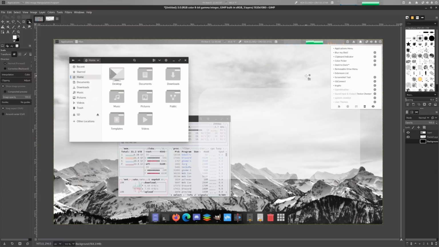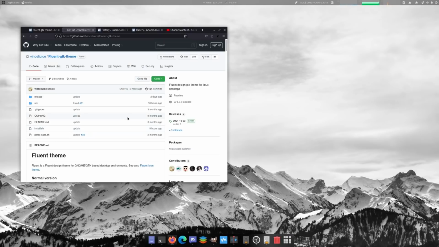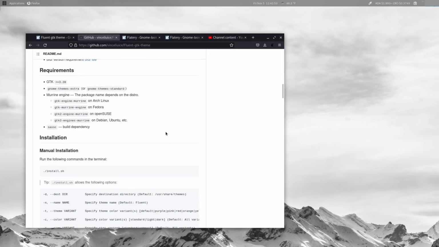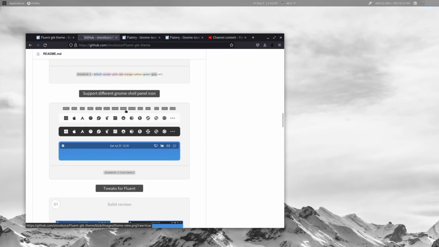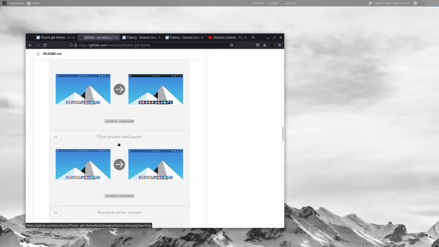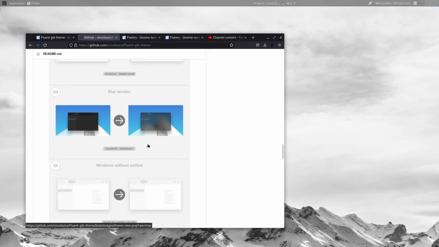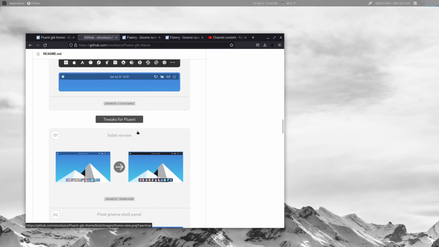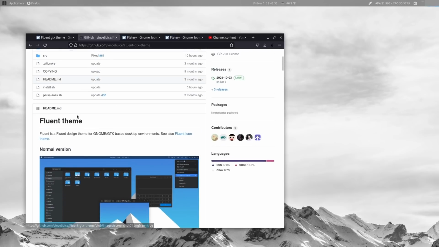So just real quick, I need to interject. I am working on the thumbnail for this video that I've already recorded, and I was looking for some images in regards to the theme, and I stumbled across their GitHub page, and apparently if you use this, they do have a whole bunch of additional options with the installation. So you could have additional GNOME panel icons or change those to whatever you want. You have tweaks, you have the ability to float the GNOME shell panel here, rounded corner selection, you can have a blurred version, and a whole lot more options. I'm going to be reinstalling this with this script, but if you're interested in more options than what I originally showed in this video, you could go ahead and just follow the instructions on their GitHub page.